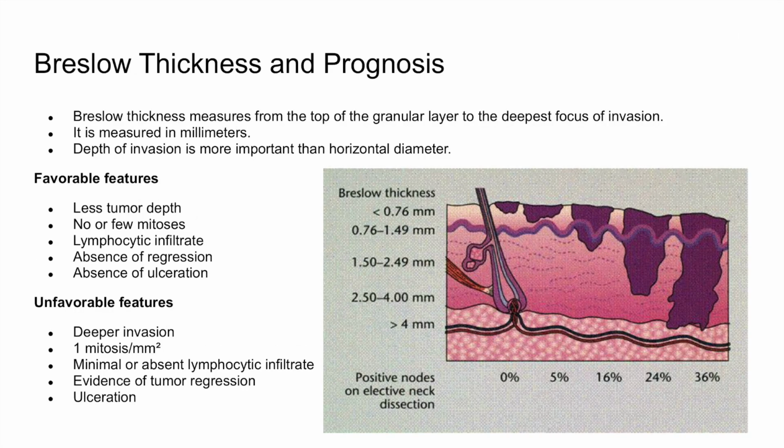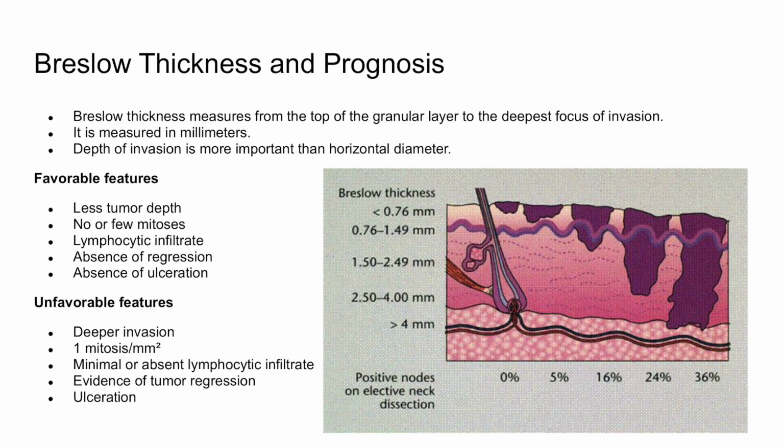So Breslow thickness measures the vertical depth of an invasive melanoma in millimeters. It is measured from the top of the epidermal granular layer to the deepest invasive malignant cell. If the surface is ulcerated, measurement begins at the base of the ulcer. Increasing Breslow thickness is associated with greater risk of lymph node involvement, metastasis, and death, making depth far more important